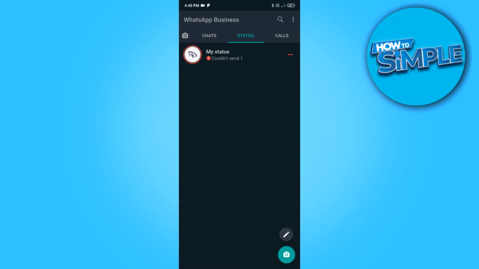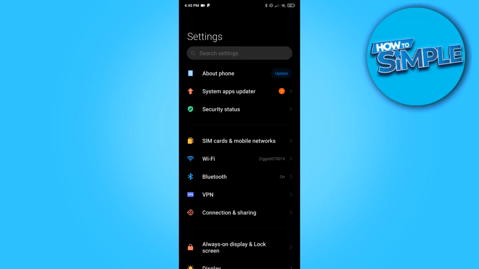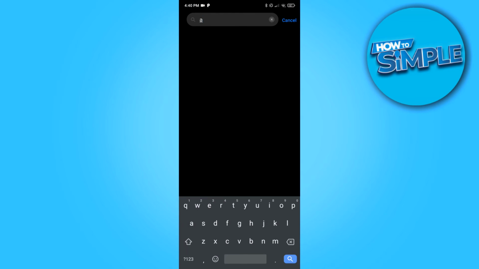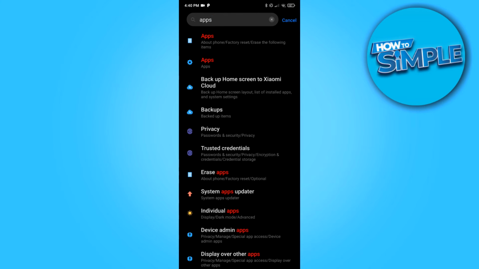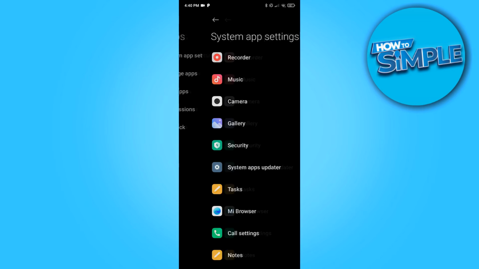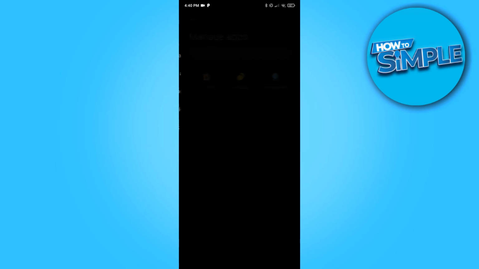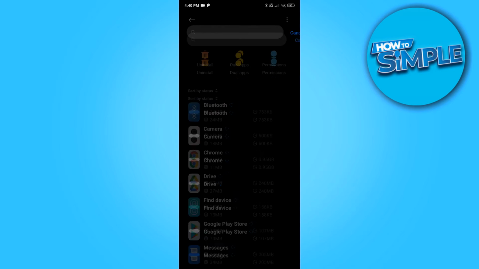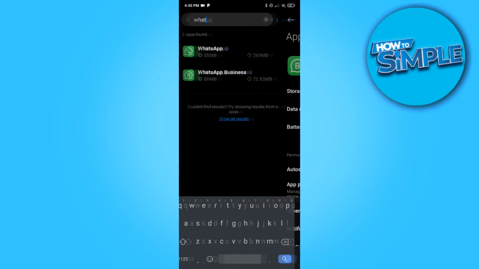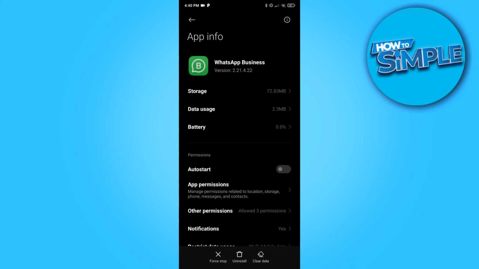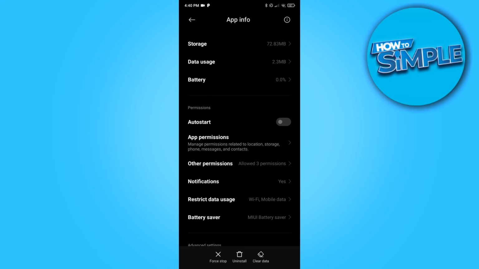So the second solution is go to your settings. So first go to settings right now, just like this, and then go to apps. Just type in apps at the top, and there we go. Now you want to hit the second one and then go to manage apps right here, and then you want to type in WhatsApp. So I was using WhatsApp Business, so for me it's WhatsApp Business, but if you have the problem with normal WhatsApp, just hit WhatsApp,